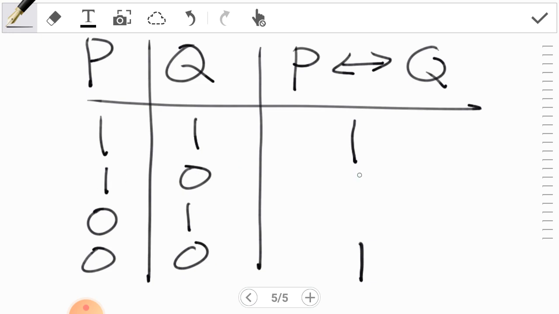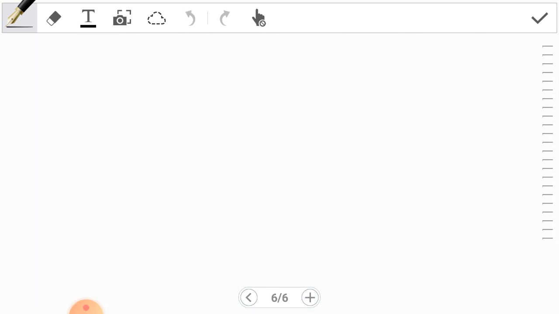If one is true, one is false, this will be false. So those are the connectives that we have discussed last time. And also, I have mentioned last time that we can actually combine propositions together using connectives, giving us compound propositions. Also, we can have what we call logically equivalent propositions. But before we go to logically equivalent propositions, let's go back to our